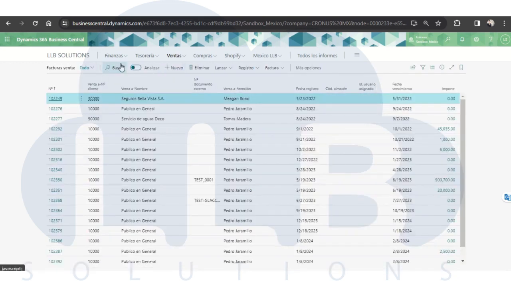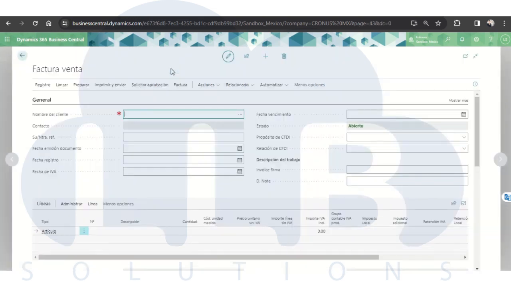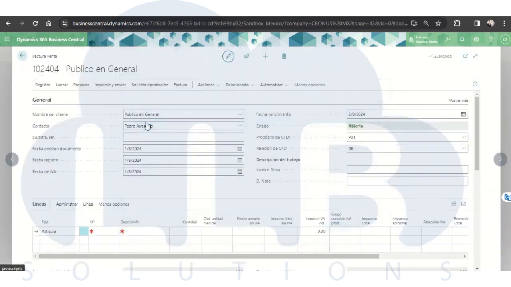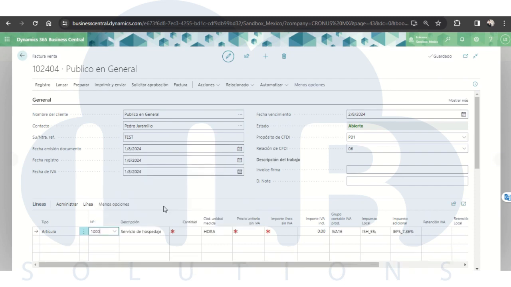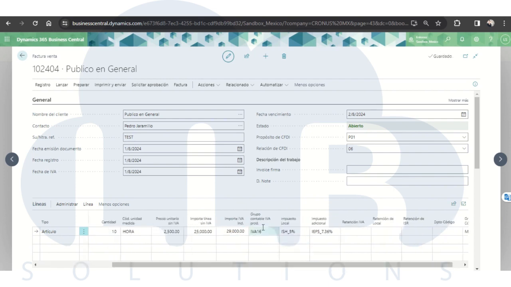Enter sales invoice, and we are going to create a sales invoice from scratch. Now we add the customer and fill in the necessary data. We select the hosting service of ours at a cost of 2,500 Mexican pesos. The system brings me in the line as previously,